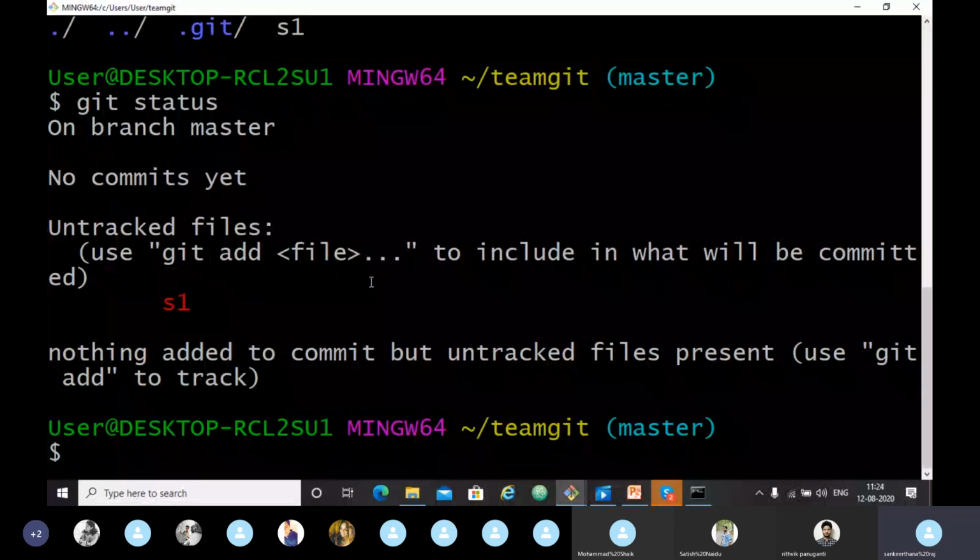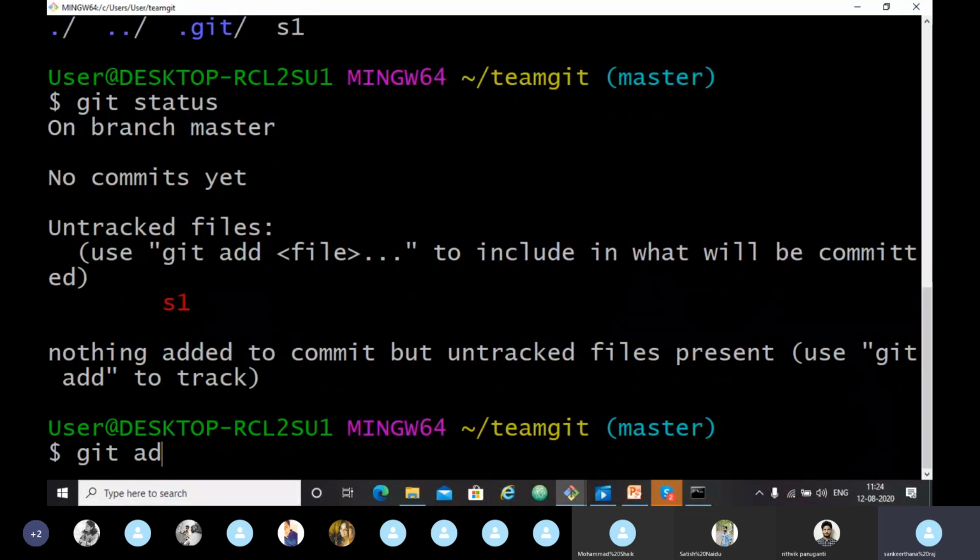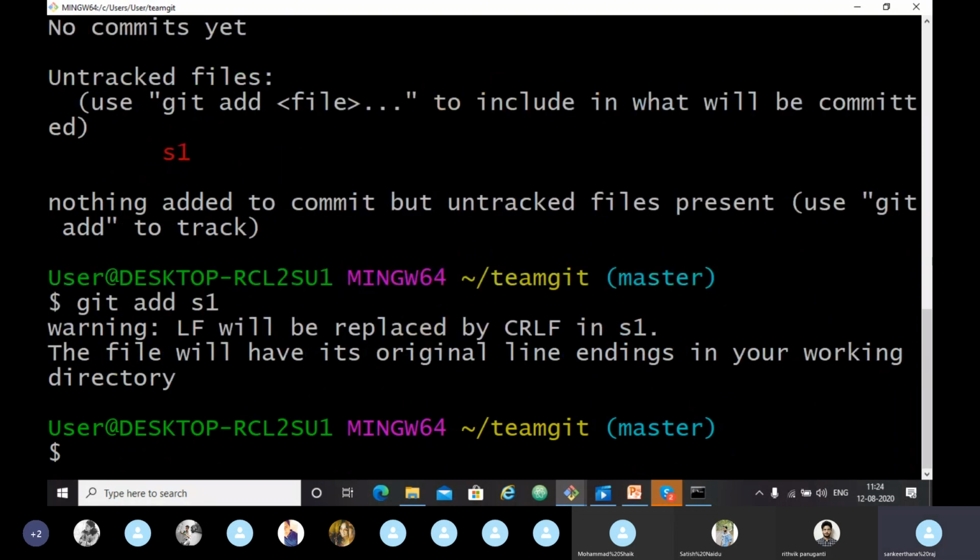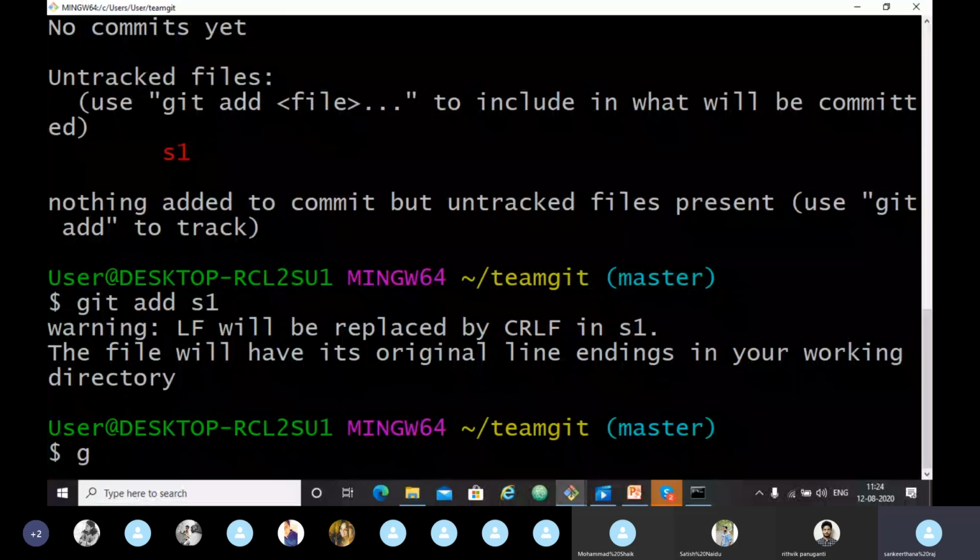So let's run git add now. Now we are making a commit. Git add S1 means we are sending S1 into our staging. First it will give a warning, but again we have to type git add.